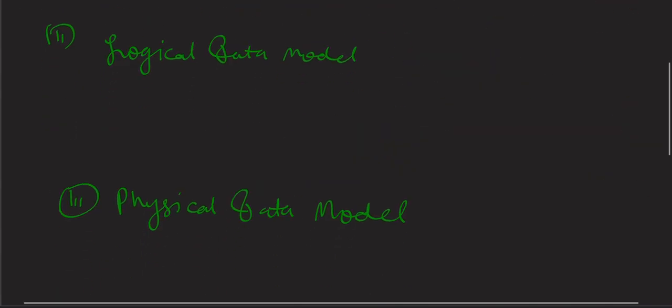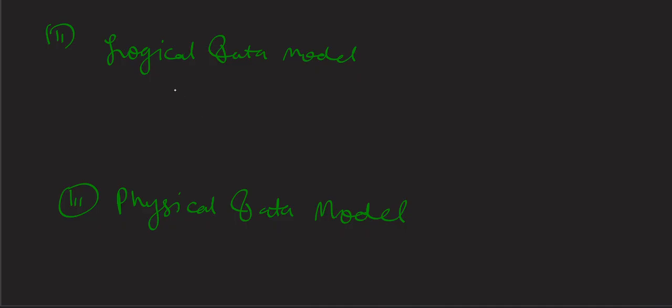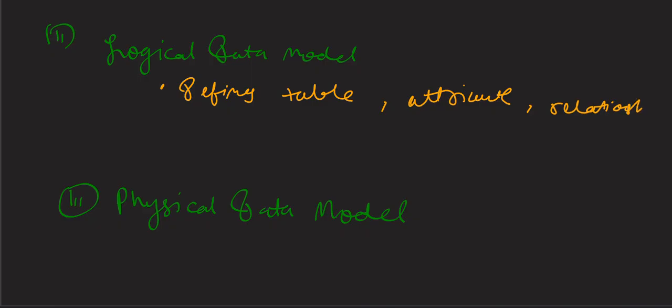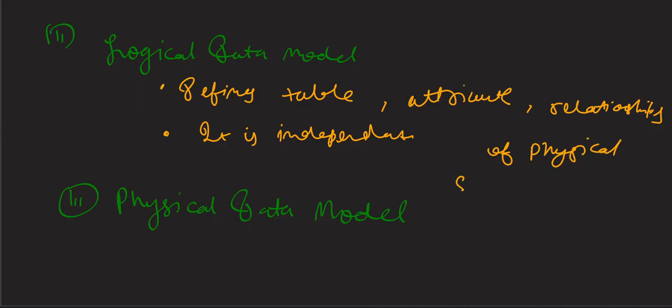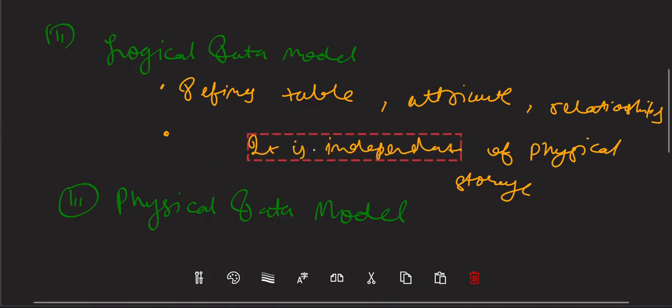ठीक है। अब लॉजिकल डेटा के बारे में हम लोग समझ सकते हैं, define table, attribute and relationship, ठीक है। And it is independent of physical storage, ठीक है।